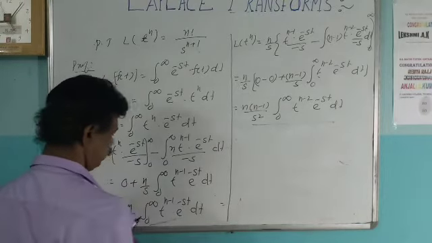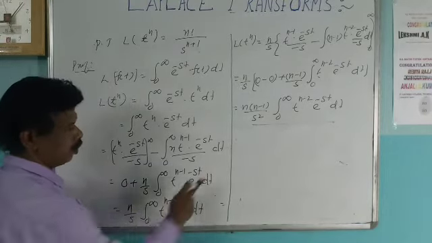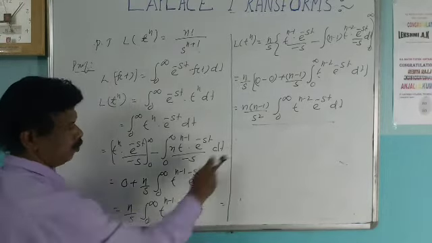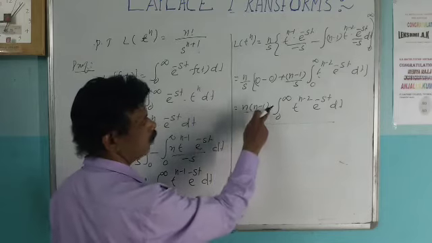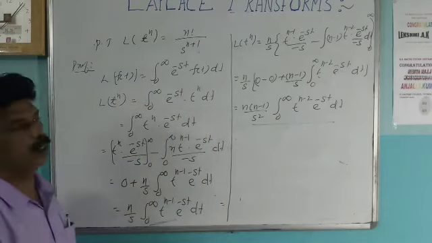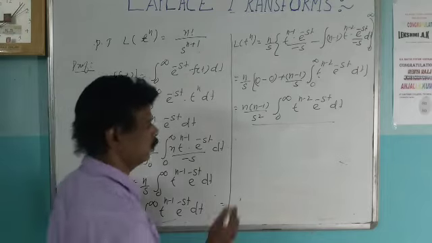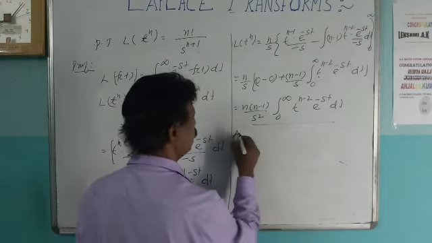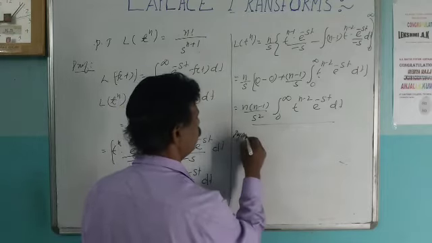First part is equal to n by s into integral 0 to infinity t raised to n minus 1 e raised to minus st dt. Then again we have to integrate this portion, then we get n into n minus 1 by s square into integral 0 to infinity t raised to n minus 2 e raised to minus st dt. Again integrating, then we get the result, again integrating, then we get